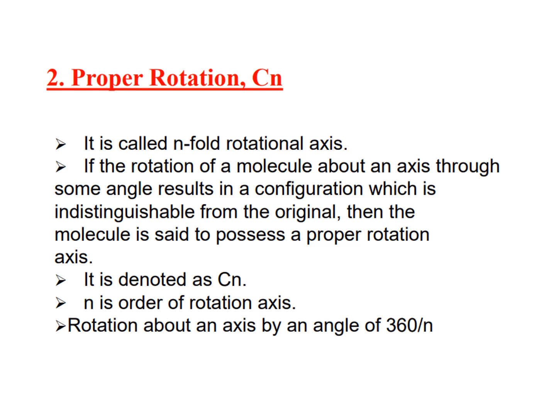Suppose a molecule like water has a central oxygen atom and 2 hydrogen atoms. The center of symmetry or the axis will pass through the oxygen atom, and when you rotate it, the 2 hydrogens will replace one another through an angle of 180. So the angle in this case will be 180. So 360 divided by 180 will be 2. So we can say that the water molecule has a proper rotation axis of C2.